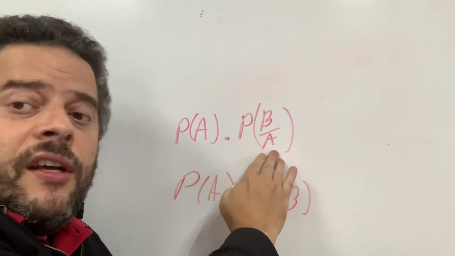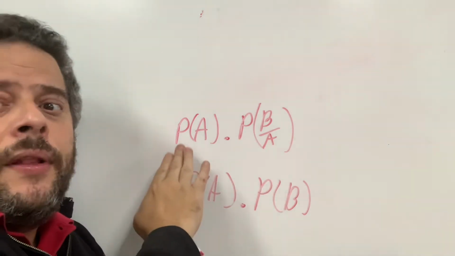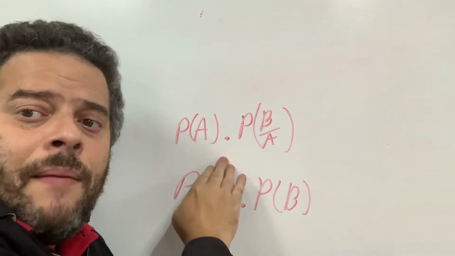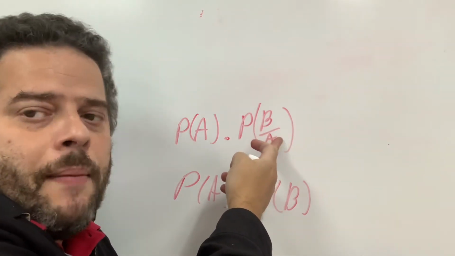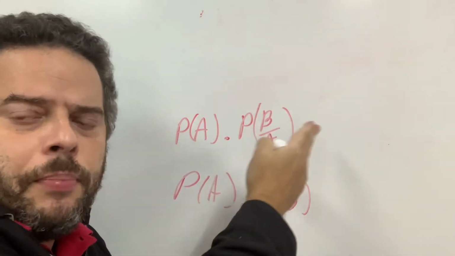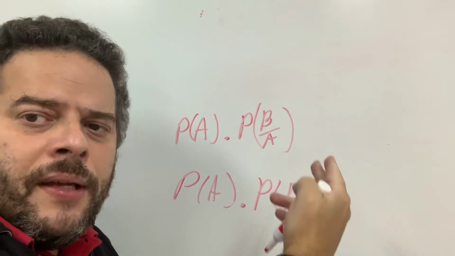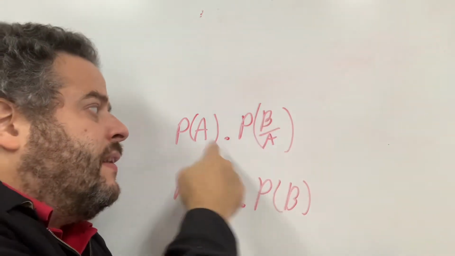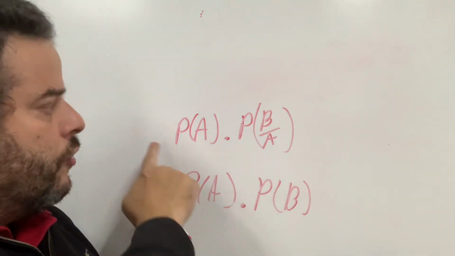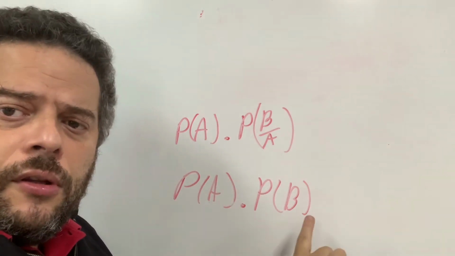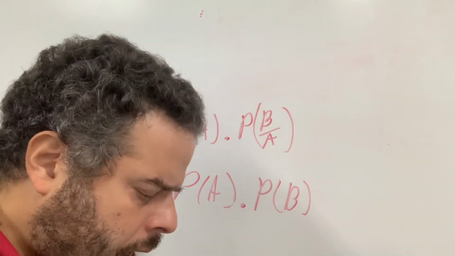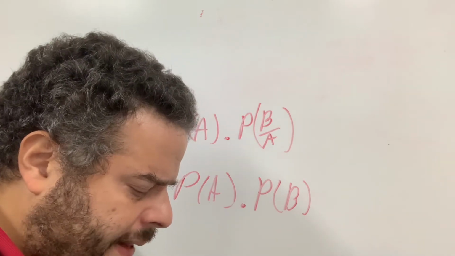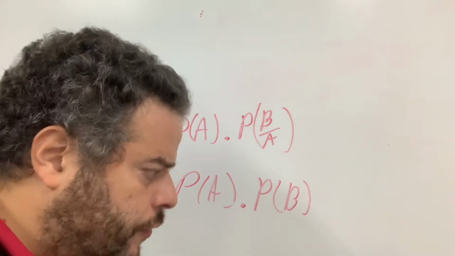When there is a conditional probability, it's the probability of the first happening times the probability of the second happening given that the first happened. And again, that's a division. You multiply that, and that's the probability of this happening given that this has already happened. So the top one is for conditional, the bottom one is for independent. Pretty straightforward. Now we're going to go over tree diagrams, which are pretty useful to find